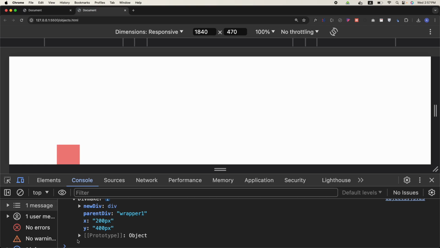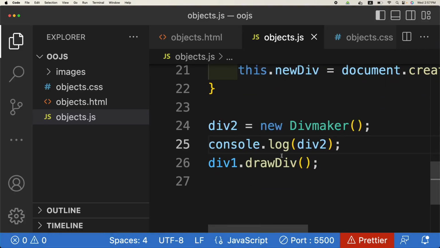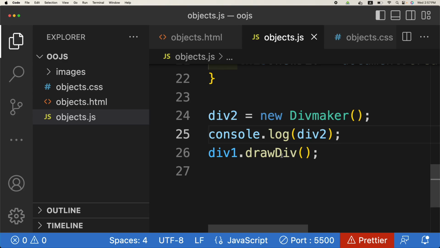And we are going to come to what prototype is, but for now these 4 are the properties. So far so good. The object has already been created, but the functionality which creates the div is still